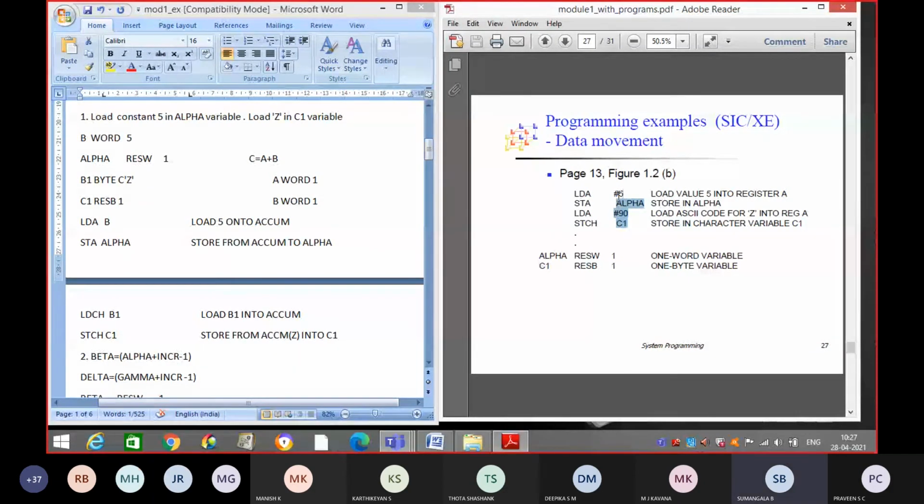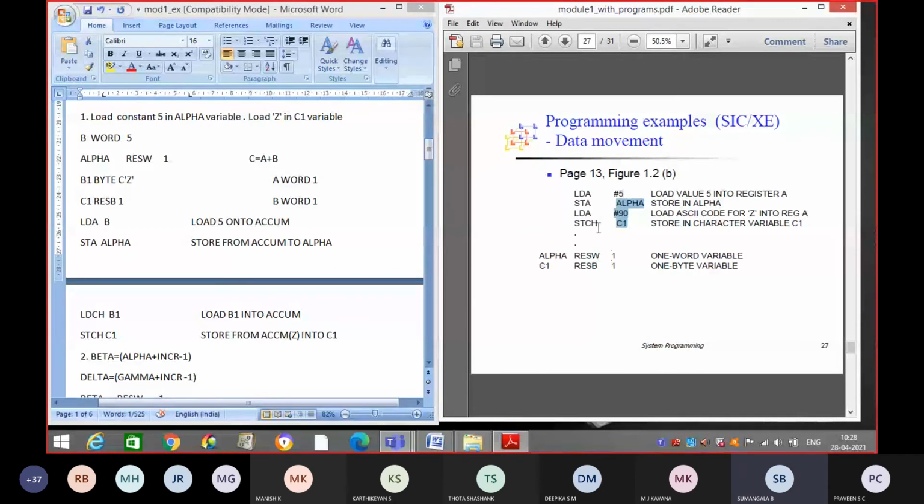So now in the accumulator we have phi. Later, onto which variable do we have to store that phi, according to the program? Into the alpha variable. So what is the instruction we will give? STA alpha. That alpha variable you declare by using RESW.